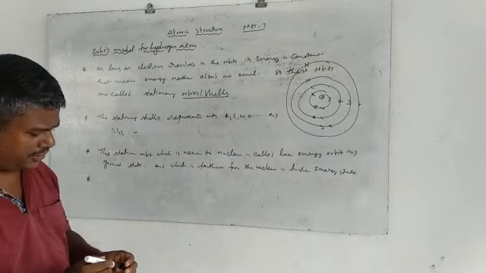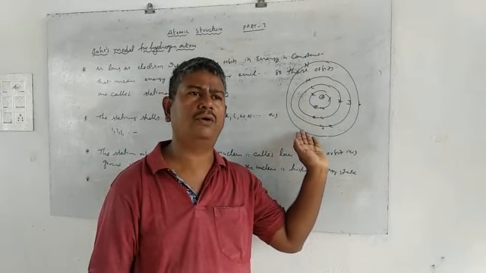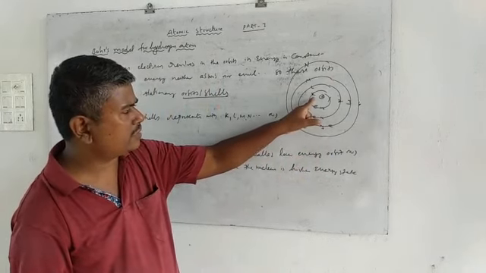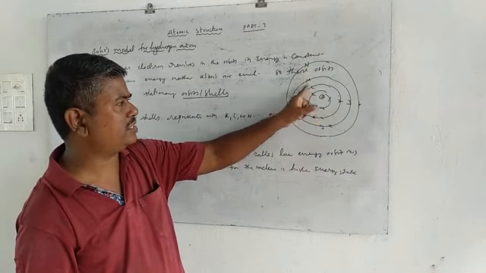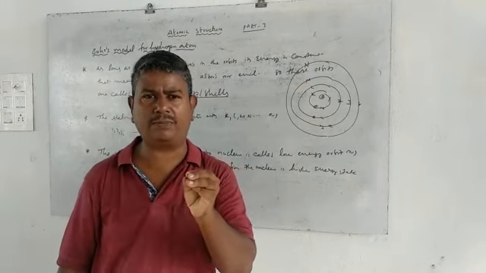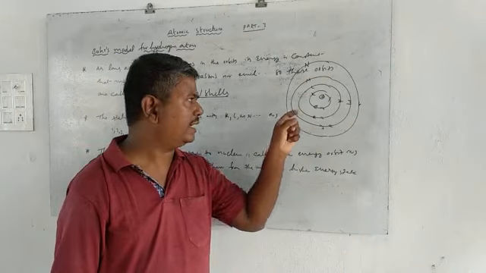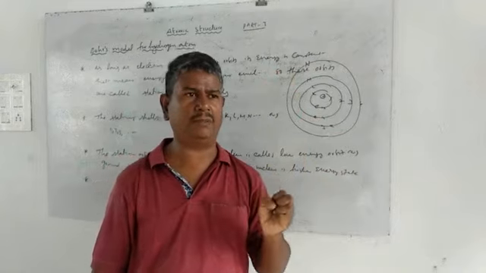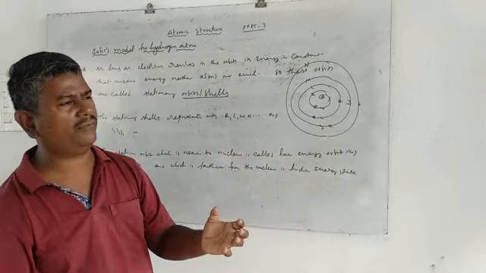Now, another most important point. When an electron wants to jump from a higher energy level to a lower energy level, or from a lower energy level to a higher energy level, what happens? For example, if an electron in the ground state, that means in the K shell, wants to jump to the N state, M state, or L state, then what happens? It requires some amount of energy. That means if you supply some amount of energy, that energy is absorbed and the electron is excited to a higher energy state. So taking absorption, that means the energy is absorbed and it gets into which one? Excited state.